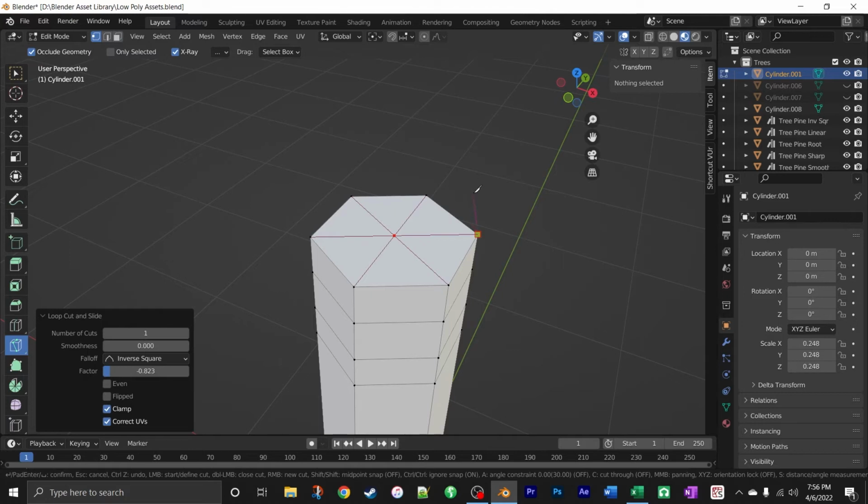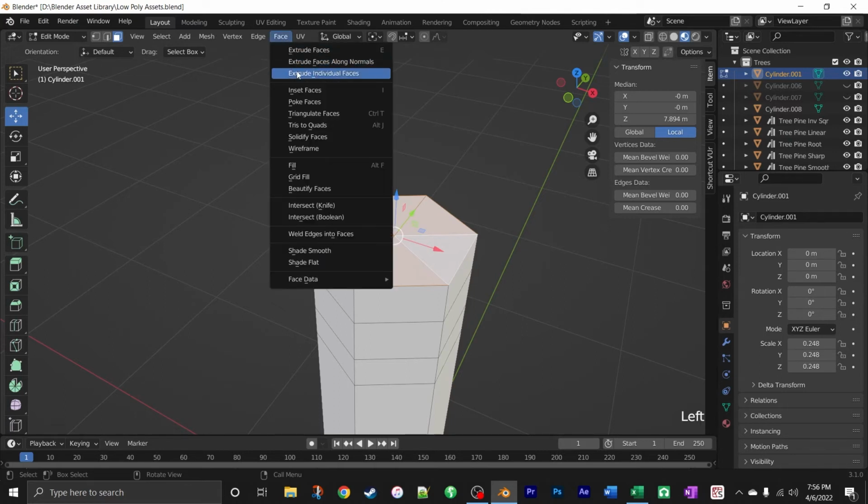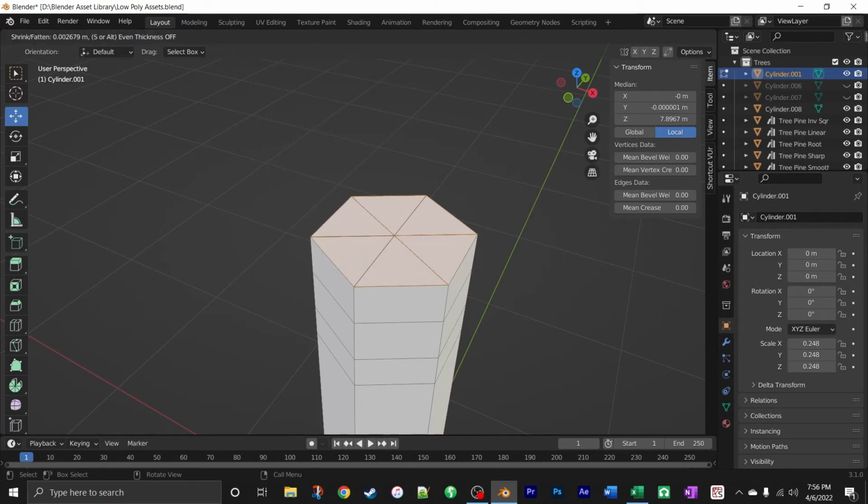And then once you're done and you want to accept your cut, you're going to hit spacebar, and that cuts the faces. So then we don't need the knife tool anymore, so we're going to go back into the move tool. We want to select the face select, and then make sure all of those faces on the top are selected. Go up to face, and then down to extrude individual faces. And so what this is going to do is it's going to extrude each face as its own individual thing. So I'm going to hit escape on the keyboard just to cancel